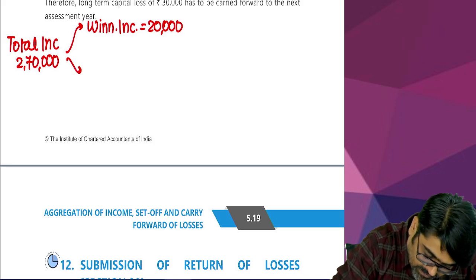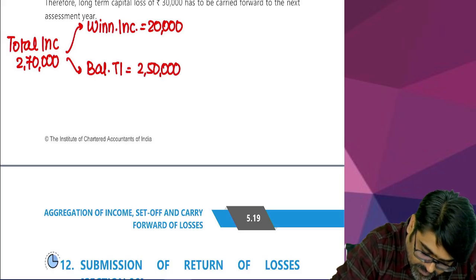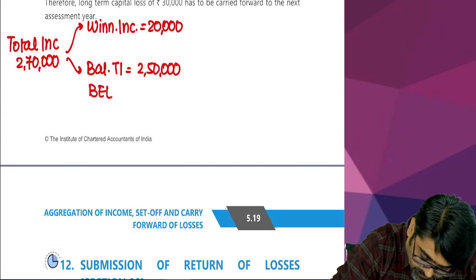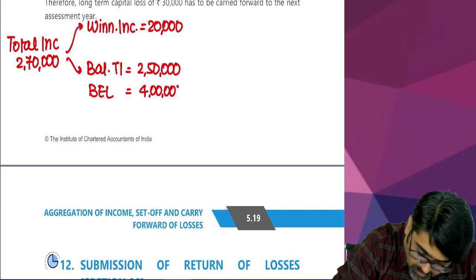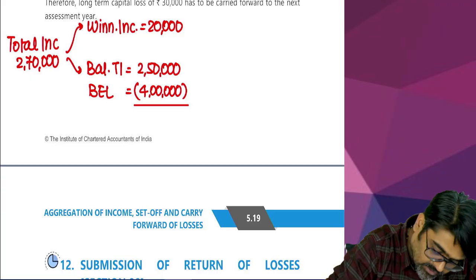Do you have any other income? Balance total income. How much? What is your basic exemption limit? 4 lakhs. Because if you are following 115BAC, the basic exemption limit is 4 lakhs. Do you have some unexhausted basic exemption